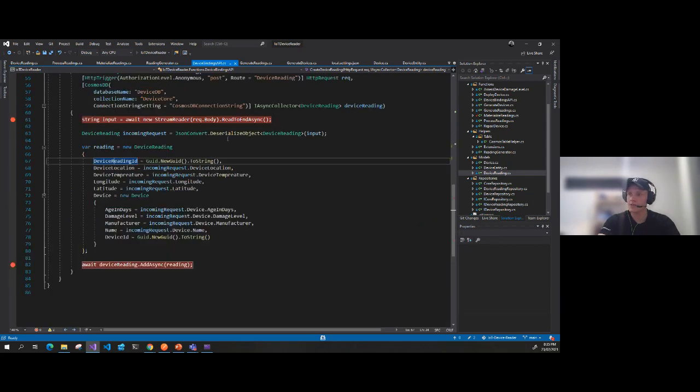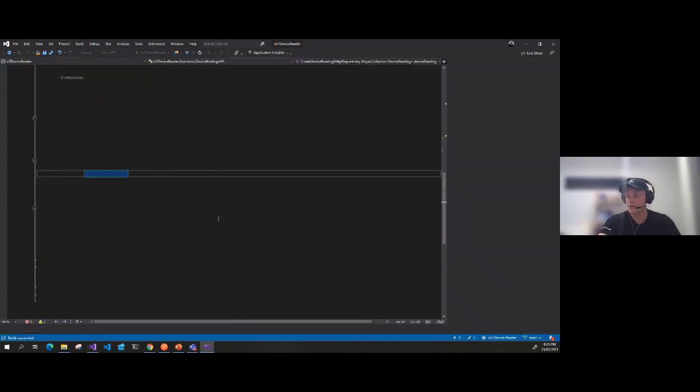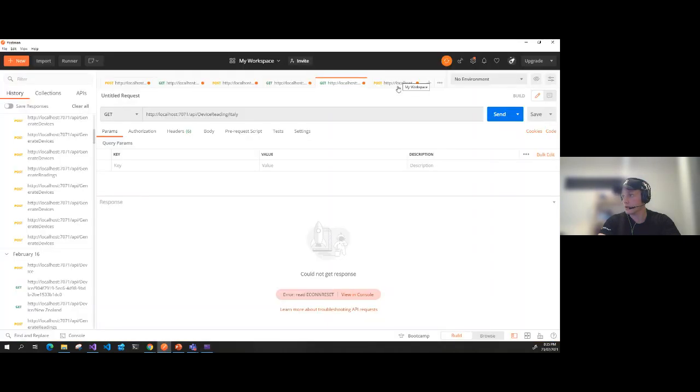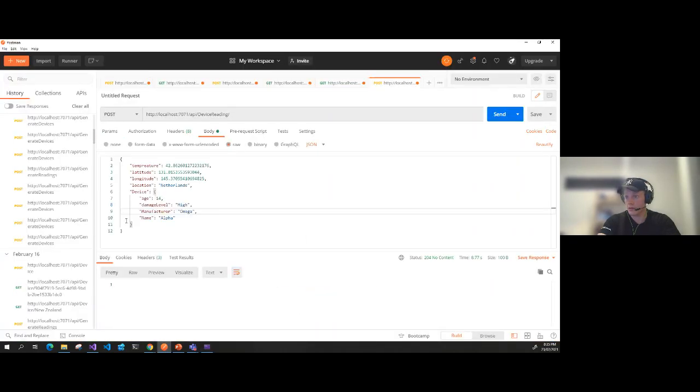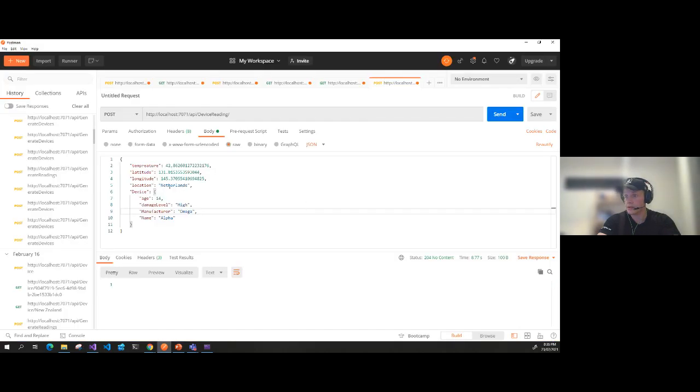That'll be interesting. So essentially what we've got is I'm reading the input that I pass in. So I'm passing in my payload. I'm deserializing that to a device reading. Let's use the one I used earlier. So here's my request body that I'm going to be passing through to my API. And essentially I'm just saying, okay, add it to this list, which is going to persist it to my Cosmos DB account. So let's try, I'm going to just mix it up, use Italy. And hopefully,